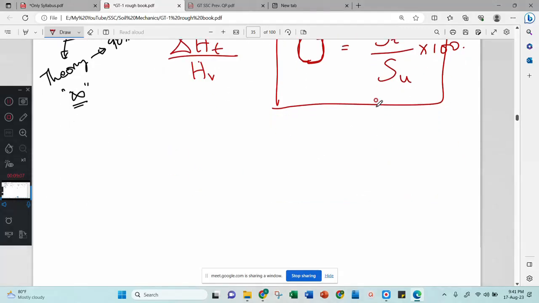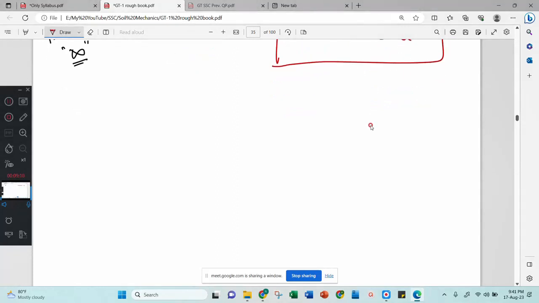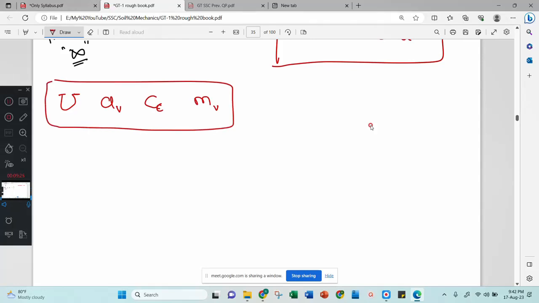Now we have got many terms here. We have got degree of consolidation, coefficient of compressibility, compression index, and compressibility. We also have some concepts like the effective stress concept that we already discussed in the previous class. In the effective stress concept, we have pore water pressure and total pressure.